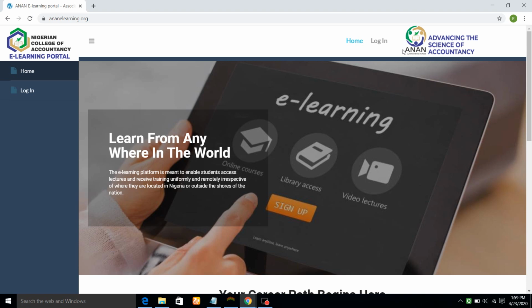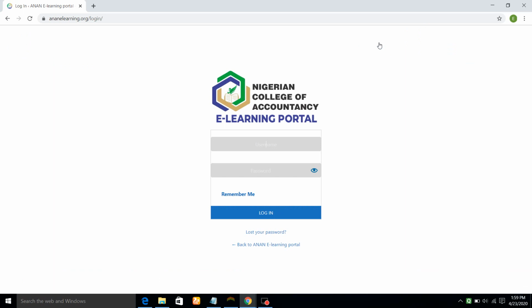have to log in. And to log in as a student of the college, depending on which type of students you are, either the PEA student or the PEB student or the conversion student. For the PEA student, the username is PEA 2019-2020, and for the PEB student, the username is PEB 2019-2020, and for the conversion student, the username is conv 2019-2020 or CONV